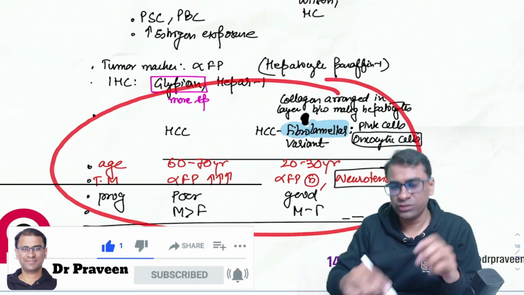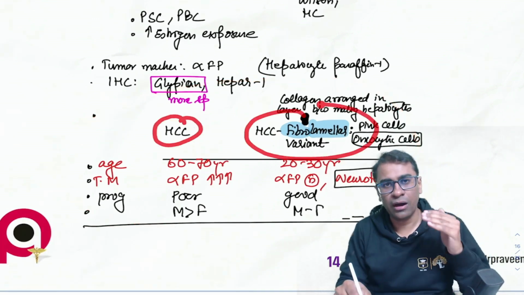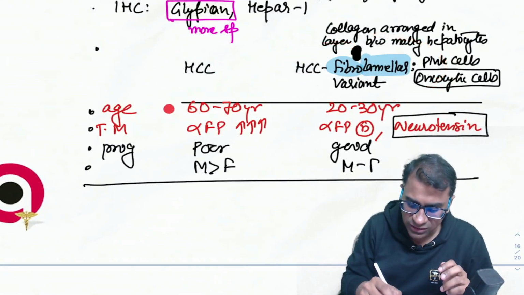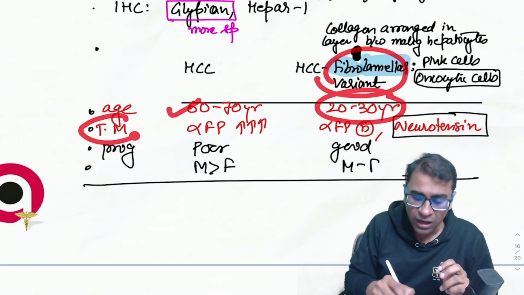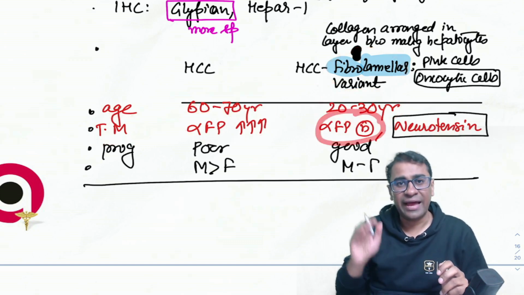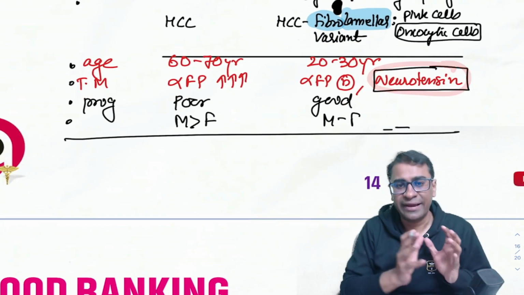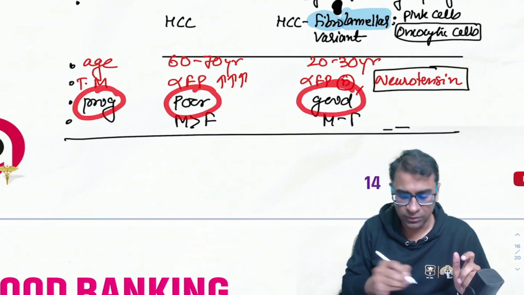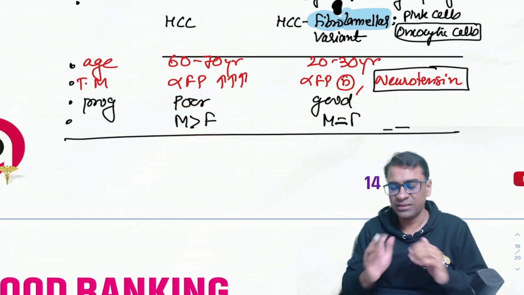A very important entity we should differentiate from HCC is the fibrolamellar variety of HCC. Why is it important to differentiate? Because HCC occurs at 60 to 70 years of age, but this variety occurs at a young age. The marker for HCC is alpha fetoprotein, but here alpha fetoprotein is normal. So the tumor marker we use is neurotensin. Prognosis is poor in one and good in the other, and male involvement is more than female in HCC,